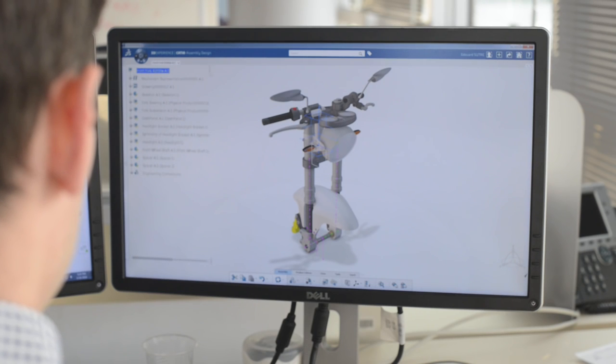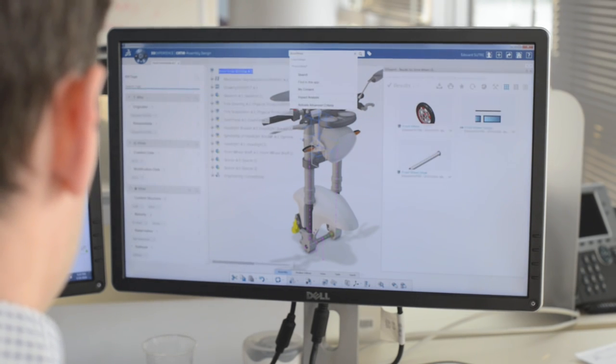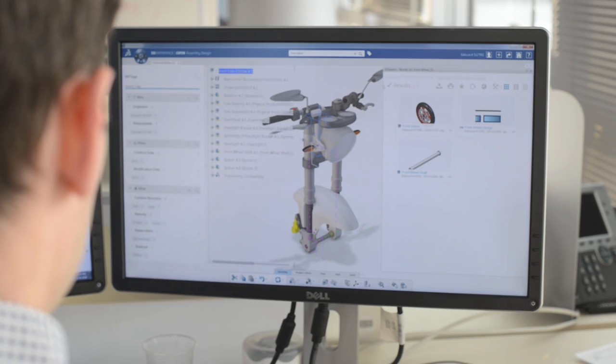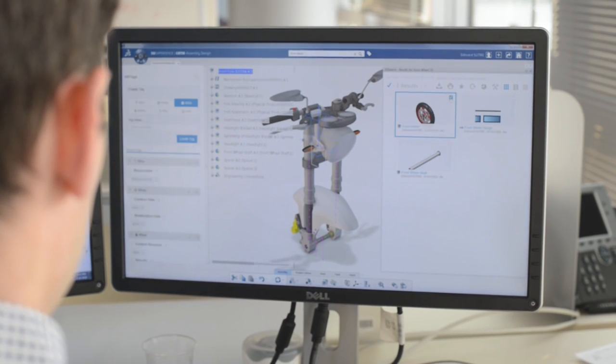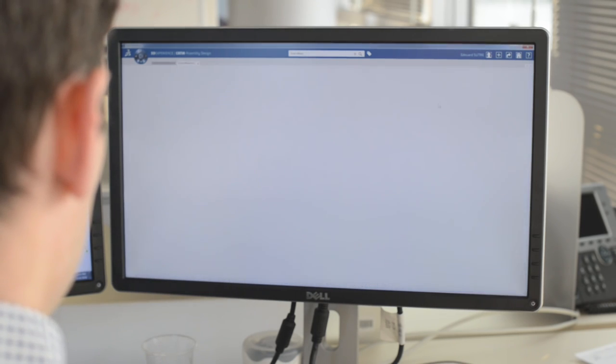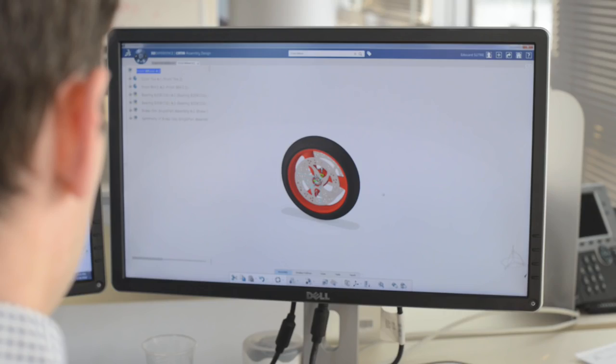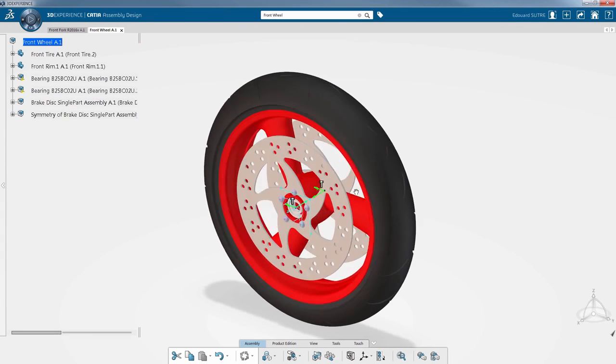CATIA 3D Experience enables you to reuse existing components so you don't have to redesign from scratch, thanks to the CATIA Tooling Design app. Let's see how this works. CATIA enables you to evolve a previous design without compromising the original model, which could speed up your assembly design